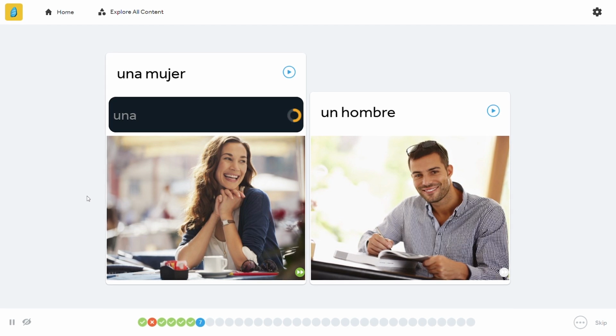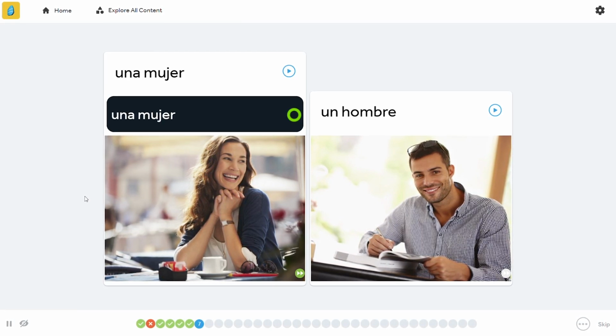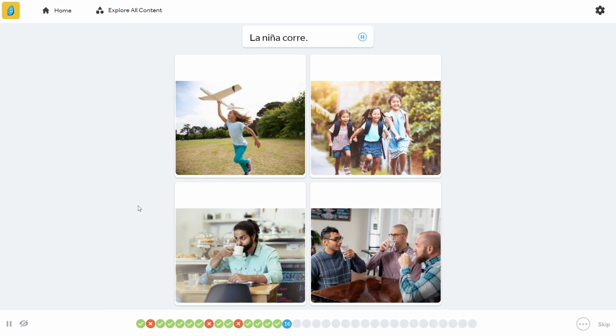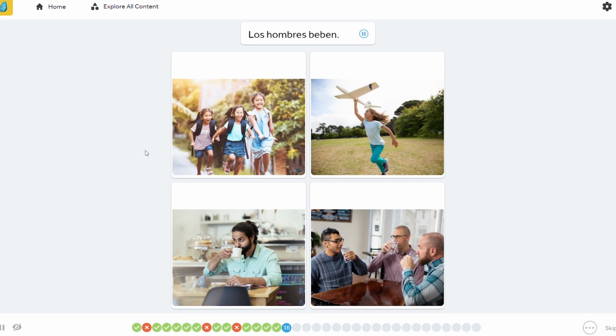Now, the Rosetta Stone program is made up of 20 language learning units, each with 4 lessons that take about half an hour to complete. These lessons are mostly simple picture-based exercises where you listen to or read a word and match that to an image. After the core lesson, you apply what you learn through writing, vocab, listening, and speaking drills with a milestone exercise toward the end. There isn't much English instruction in these lessons, which is part of their immersion method that